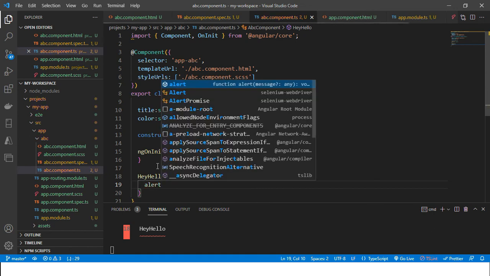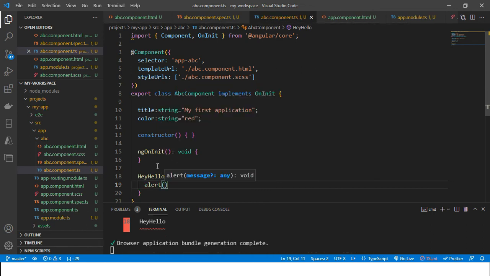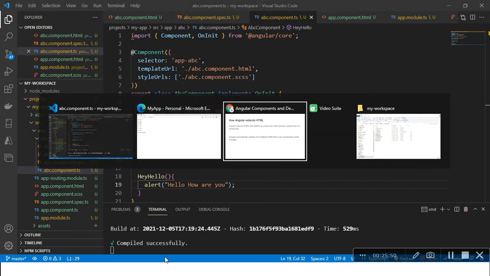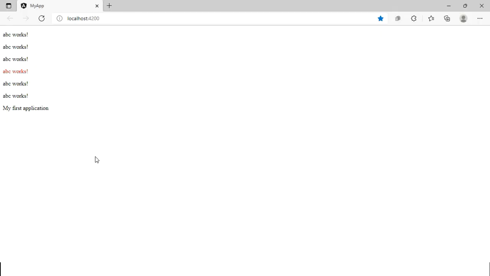Highlight. Hello for you. So now this is the red color paragraph.